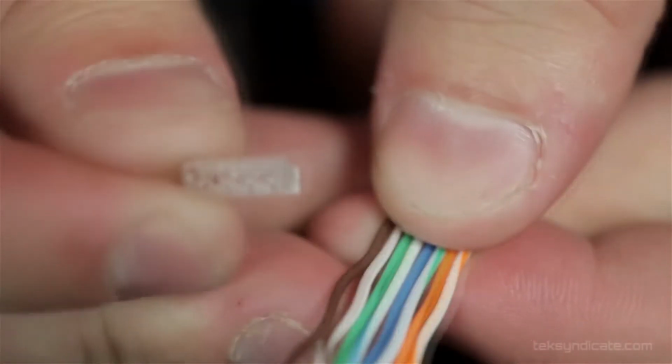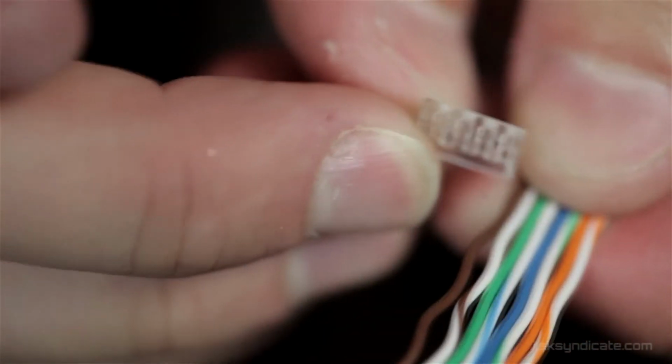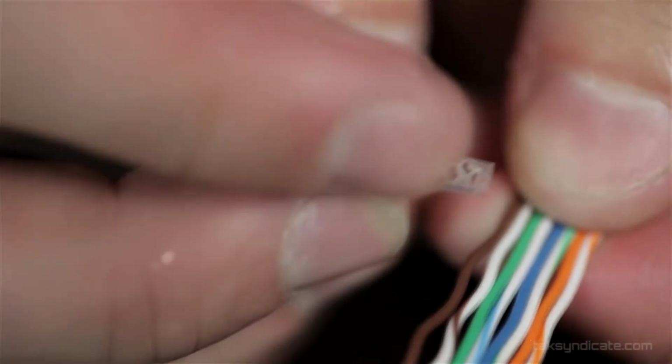But then I'm going to introduce this little piece, and I'm going to confuse you all. This slides into the middle of this, and it's just another piece of insulation that protects from crosstalk. So we want to cut this a little higher out,